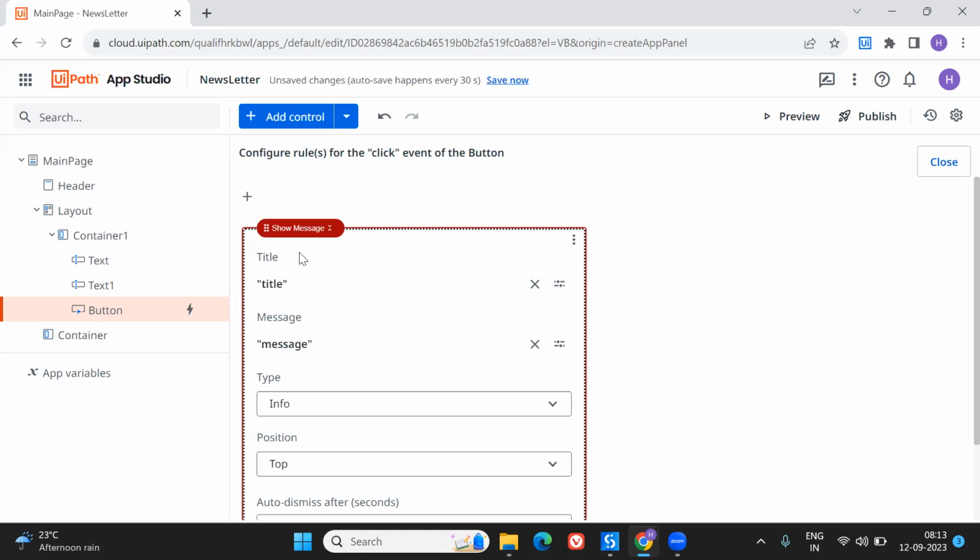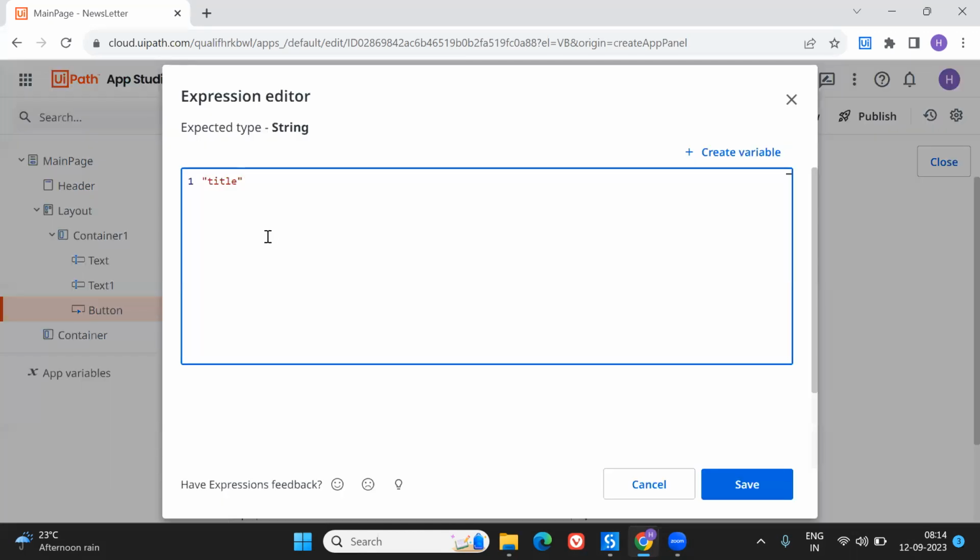What I am doing in this app, as this is a simple and basic one, is keeping it very, very basic, and in the next video I'm going to show you something a level up, or a next step for this video. But for this I'm going to keep it very simple and I am going to create a message. Okay, so what is a message? So let's keep the title as